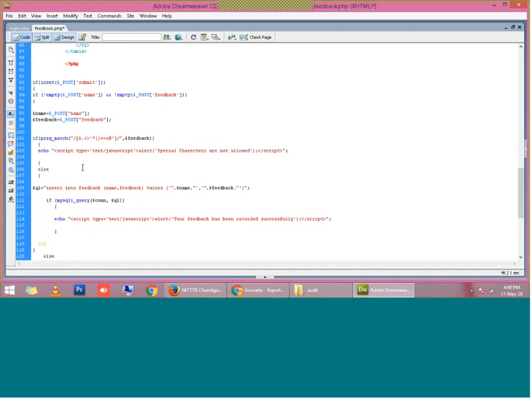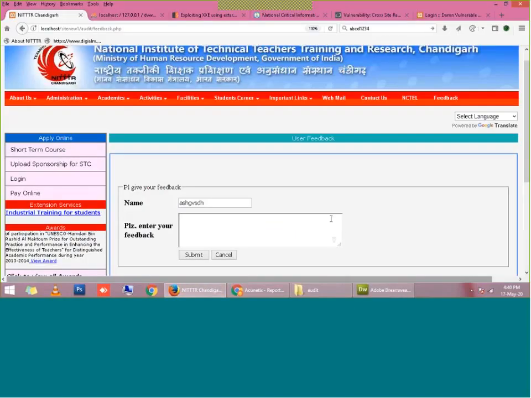And if it does not find any of these characters, I directly send the collected feedback into the database using the insert query. That's it. By doing only this change, now my site is safe from cross-site scripting. So let me show you.